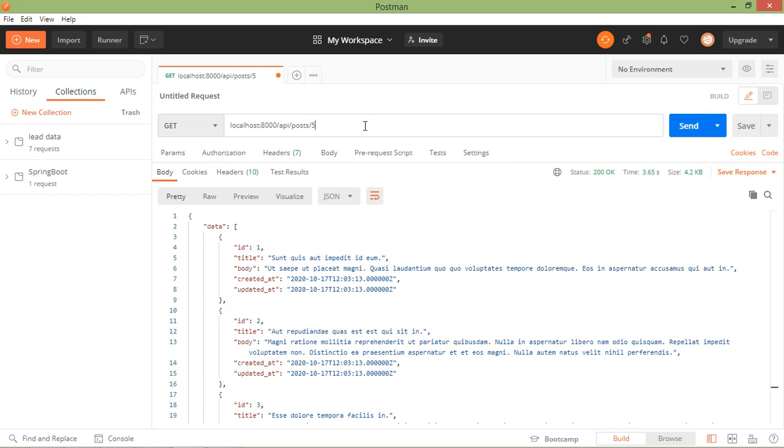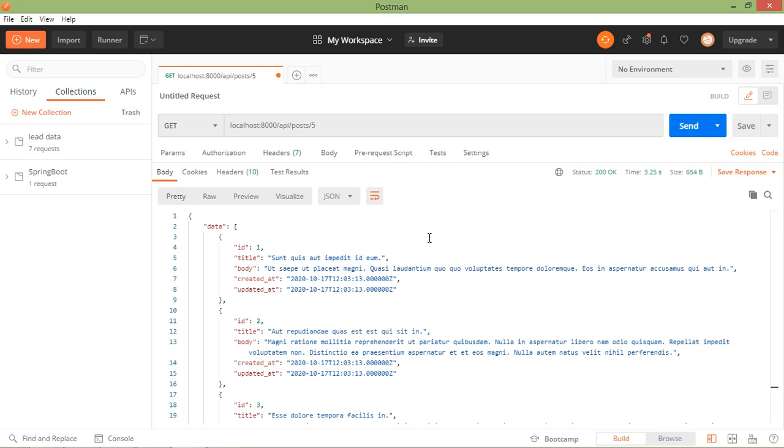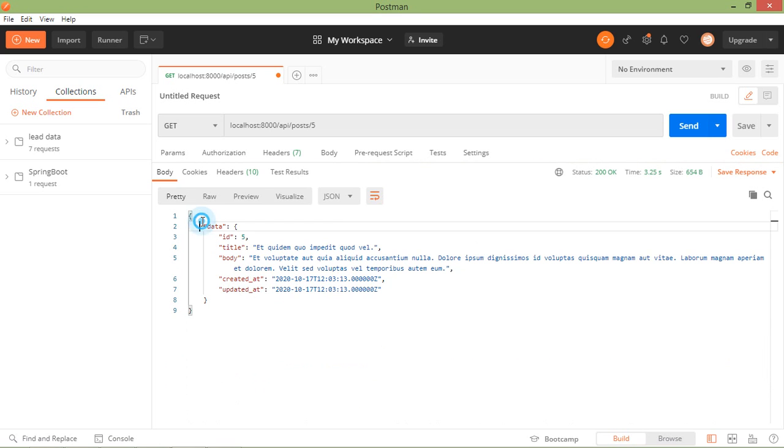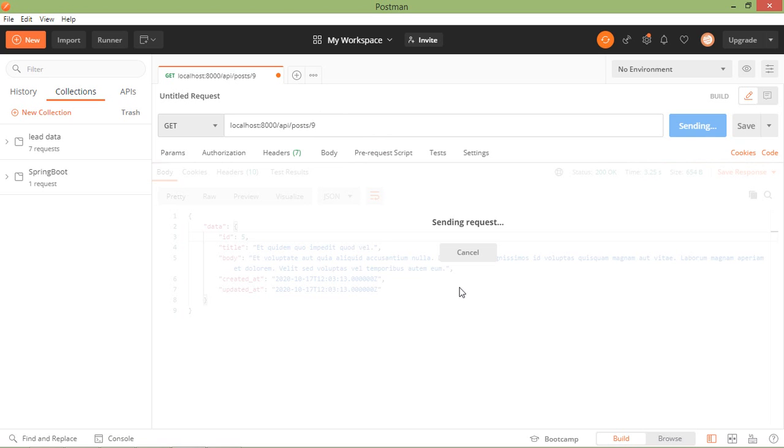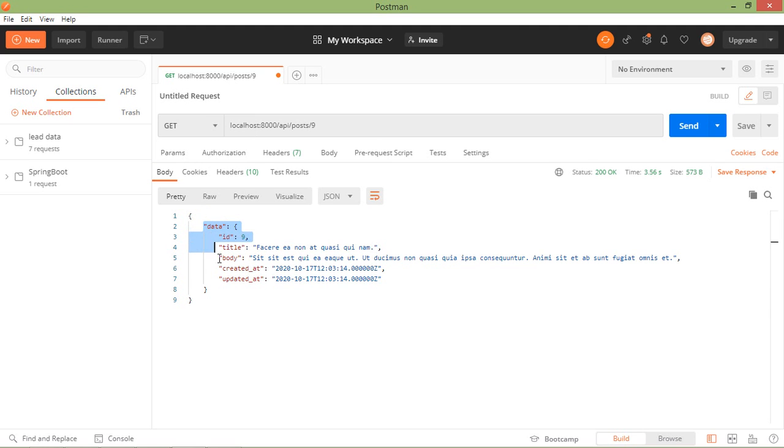Now just click on send request, and here you can see the post whose ID is 5. If I enter the ID 9 and send the request, here you can see the post whose ID is 9.